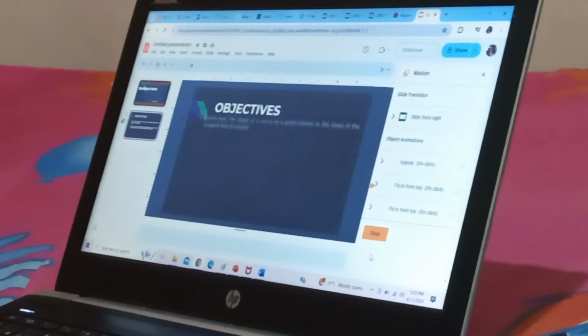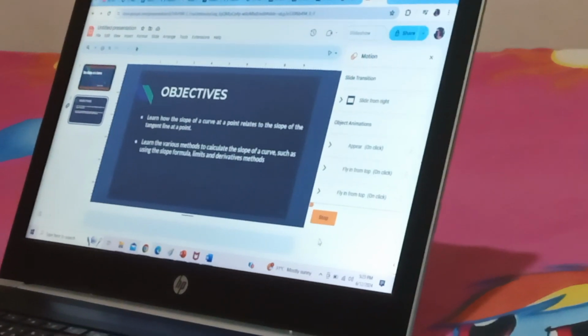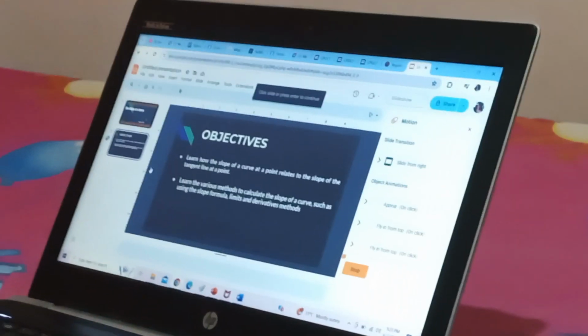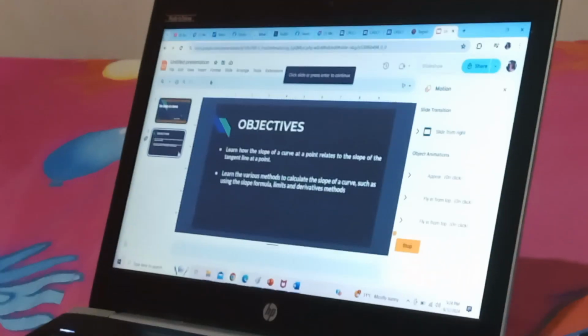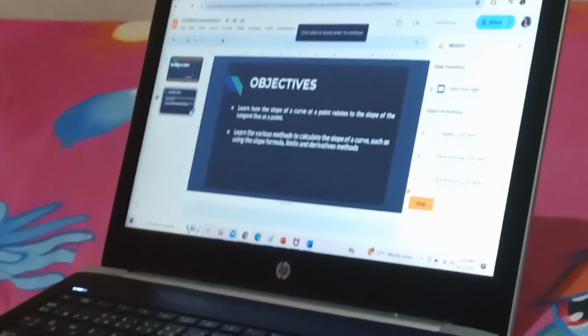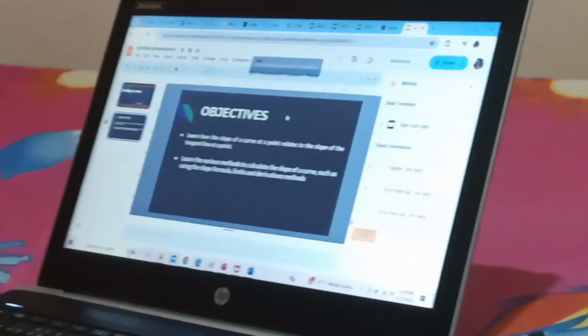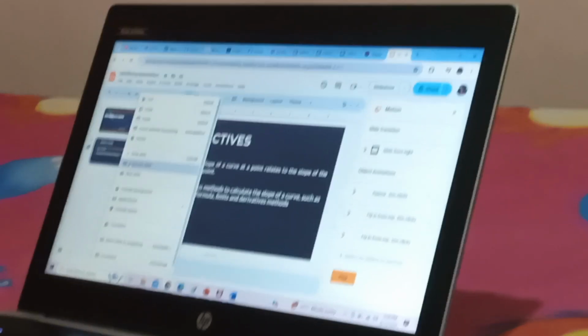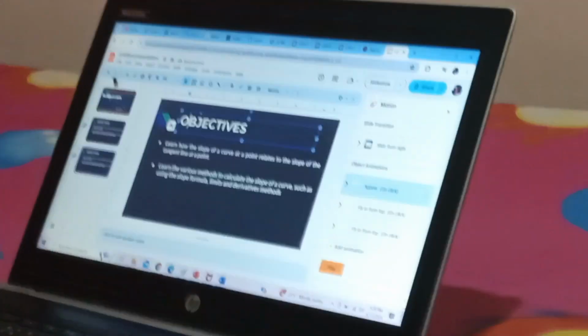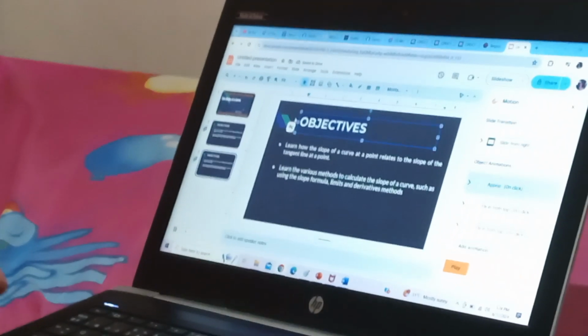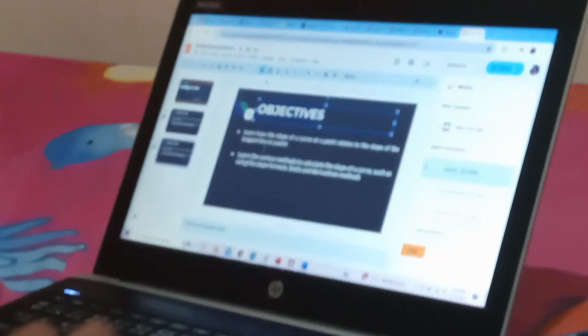So, objectives. Okay, so good. If you want another slide, you have to right click, then if you want to use the same theme, you just duplicate the slide, then just change the text in the text box.